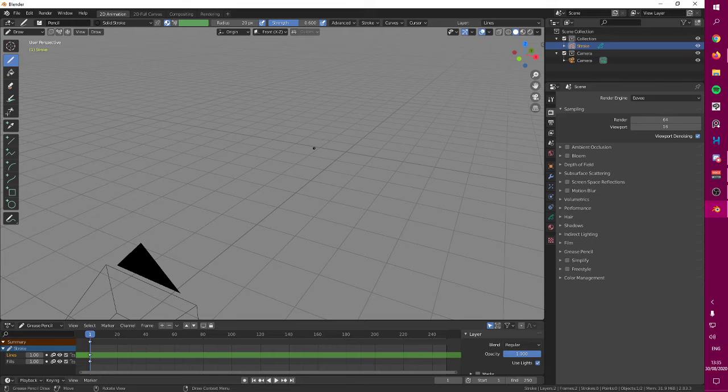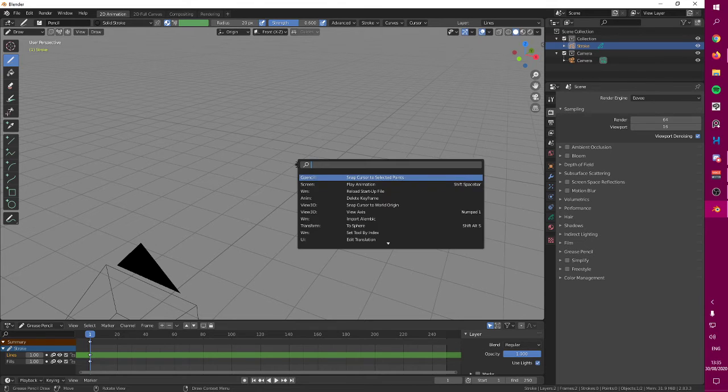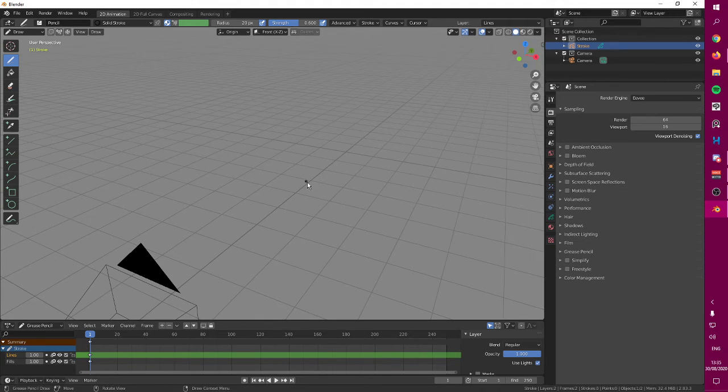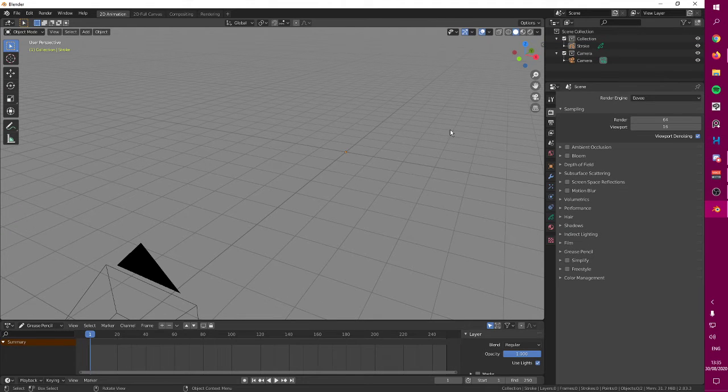And Blender also has this cool thing. If you press F3, you have this search bar. So maybe you want to add a cube, and it's going to display add a cube. I want to add maybe a grease pencil. I am about to enter into the grease pencil, how to use grease pencil. And you can do all sorts of things by using the F3 and the search bar in there.